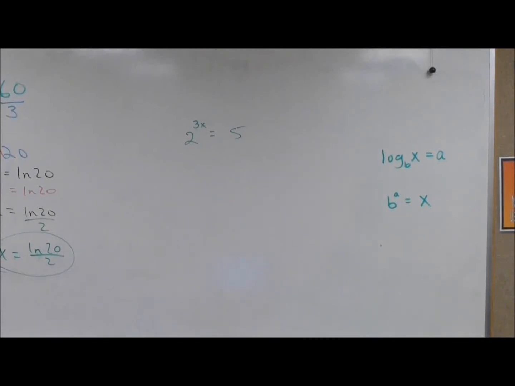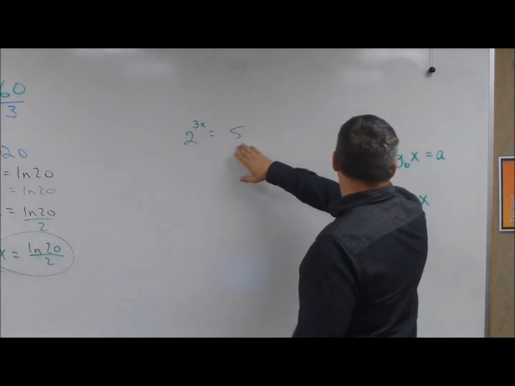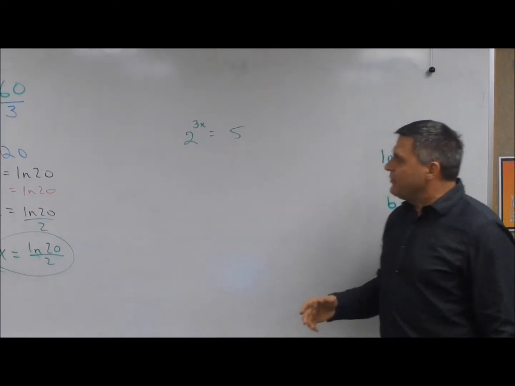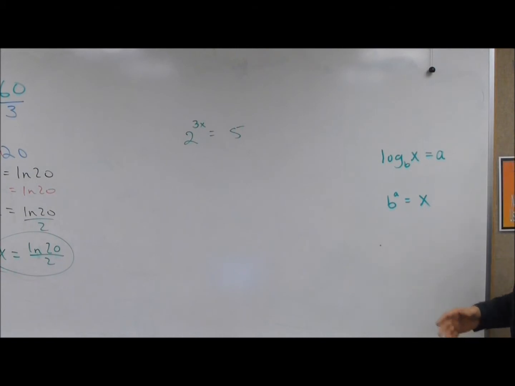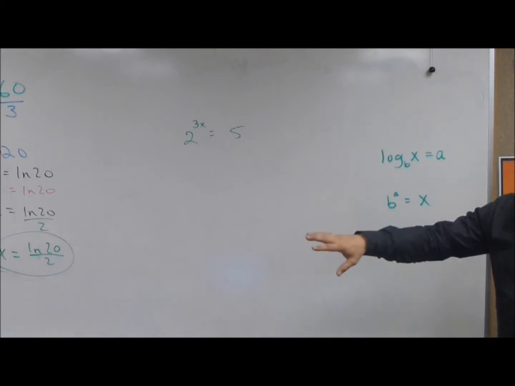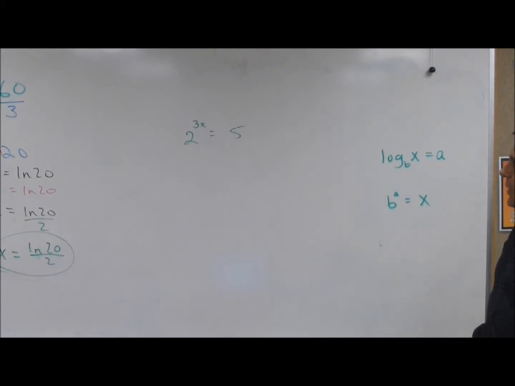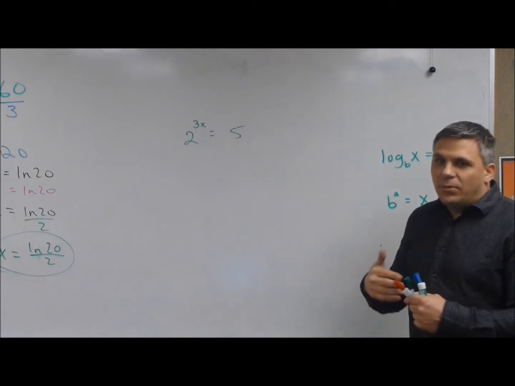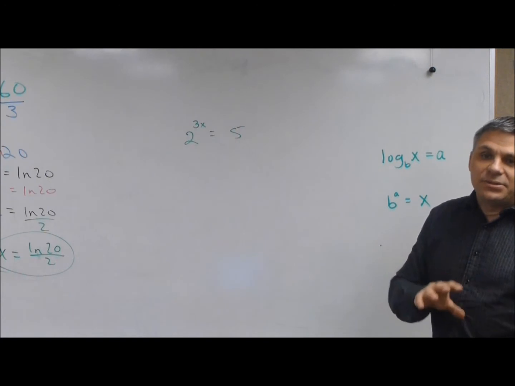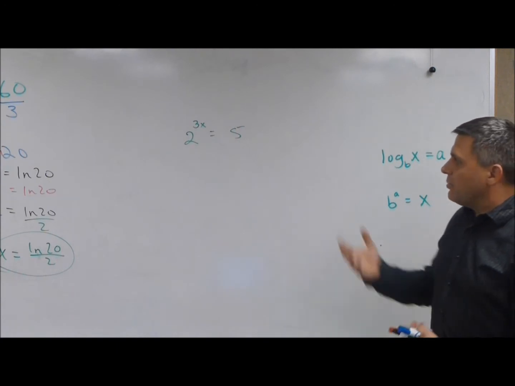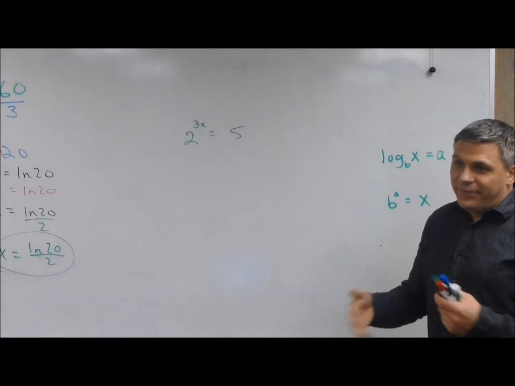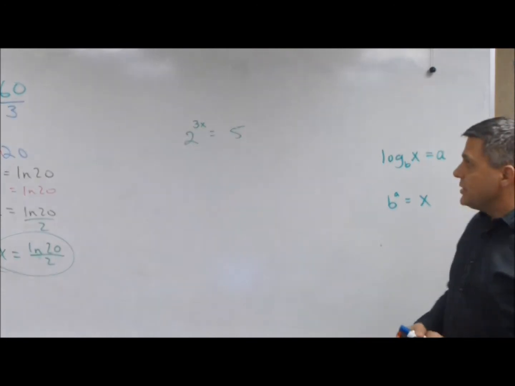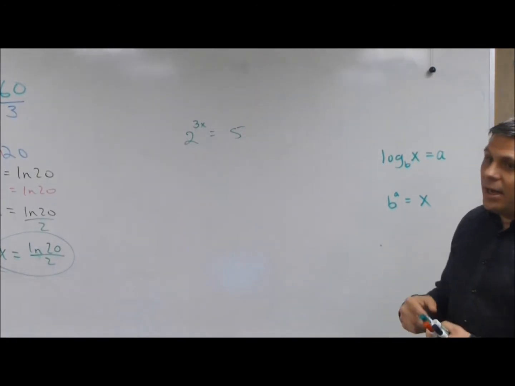Okay. So we have 2 to the 3x equals 5. When we want to solve this problem, it's a lot like the natural log problem, but in this case, the e we knew was the natural log base. In this case, we don't have a definite base that we can use, but we know that any log base